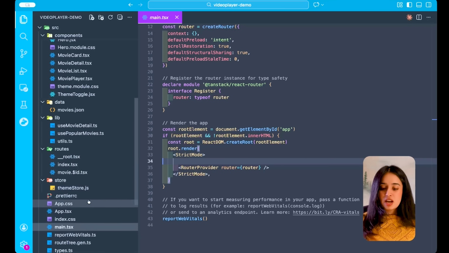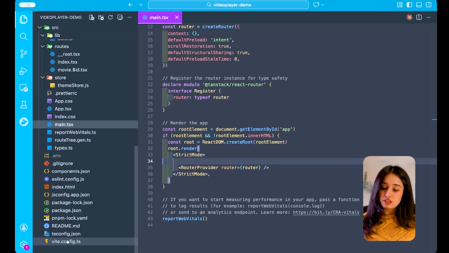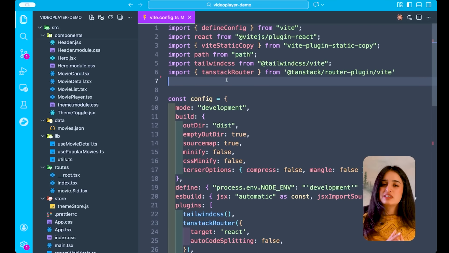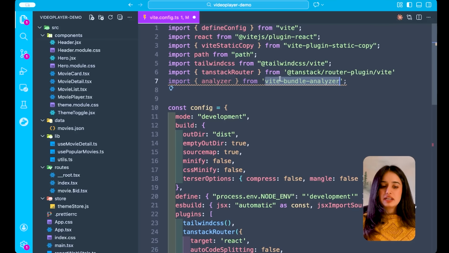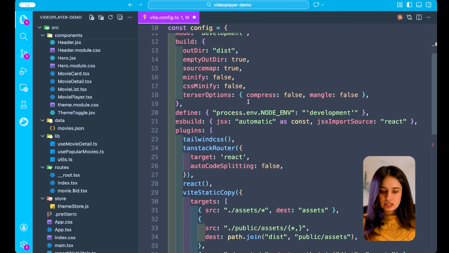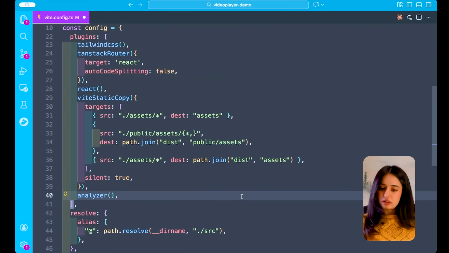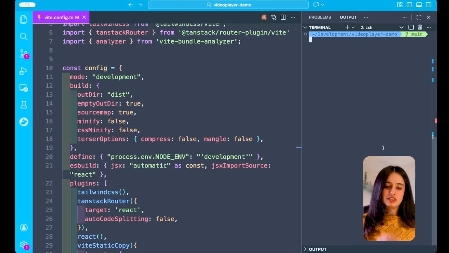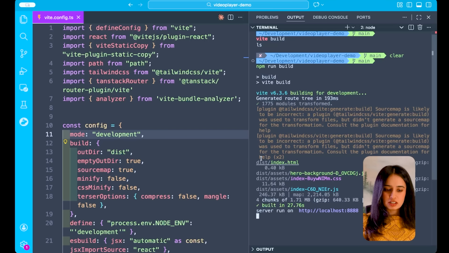The first step we can do, in order to do that, we're going to open our Vite config. And here, in order to understand what this bundle looks like, we're going to add a node module called Vite Bundle Analyzer, and I'll add this in the plugins as well. Now that we have this running, let's go ahead and see what our current bundle looks like. To do that, we just have to do vite build, and that will run the analyzer,